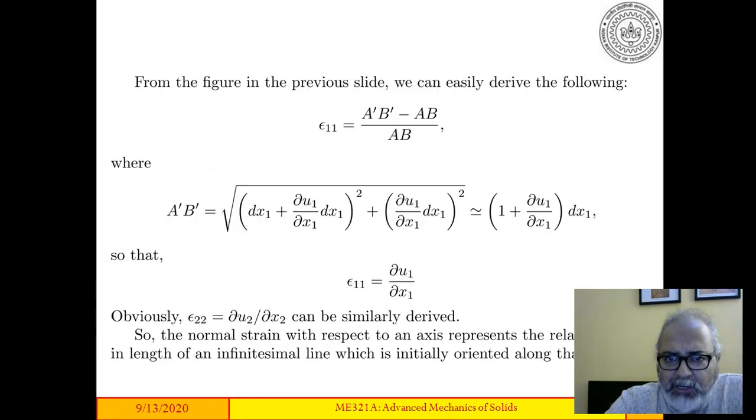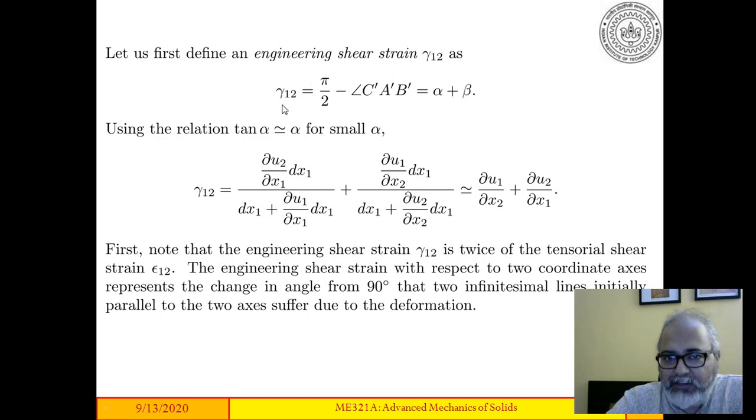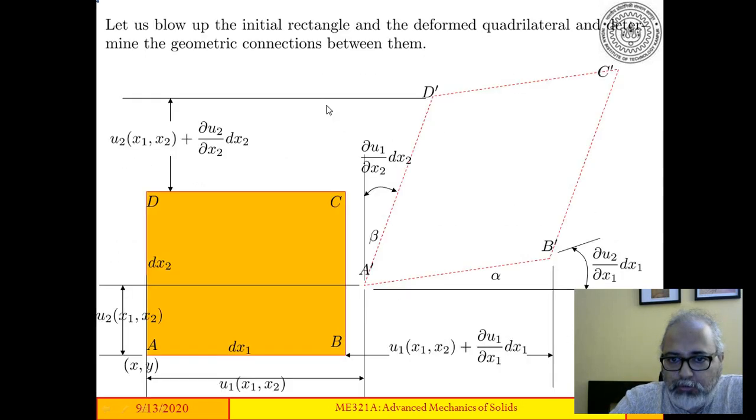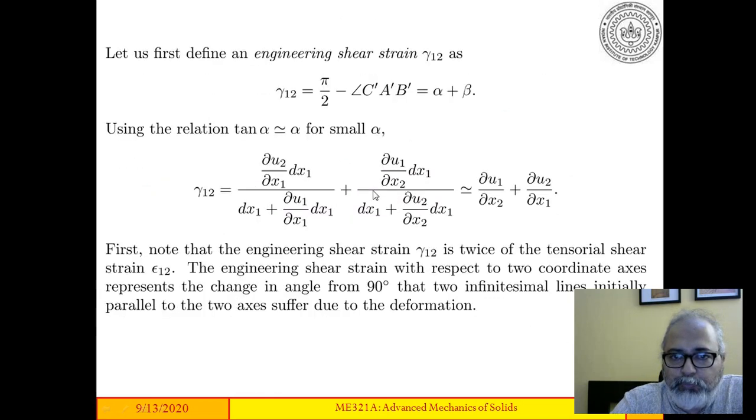Now let us look at a shear angle. Let us look at this quantity gamma 1 2, which is pi by 2 minus the angle, pi by 2 minus alpha plus beta. And remember, alpha is del u2 del x1 and beta is del u1 del x2. So if you plug that in, you will see that this quantity, pi by 2 minus this angle, is equal to, again neglecting some terms,